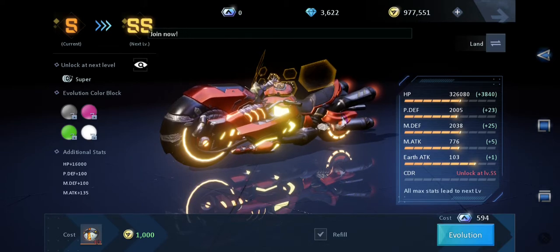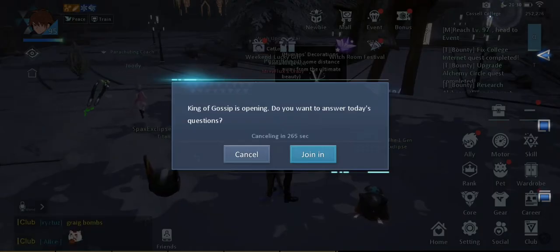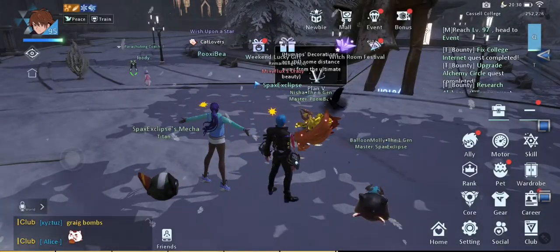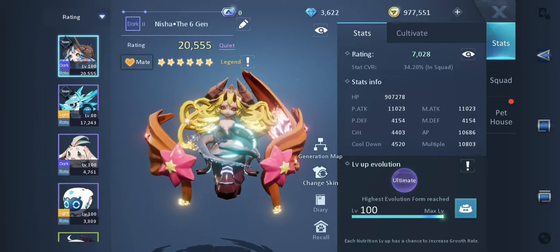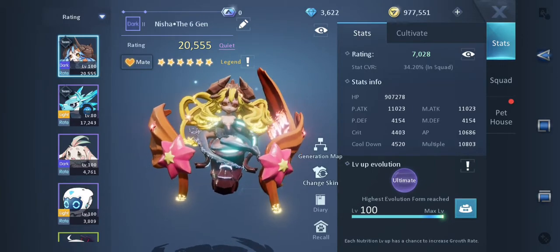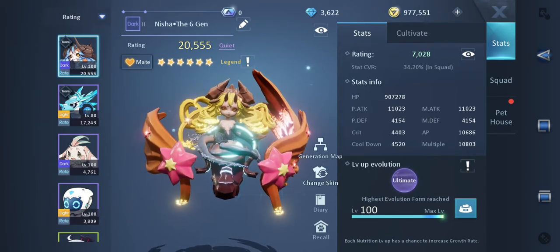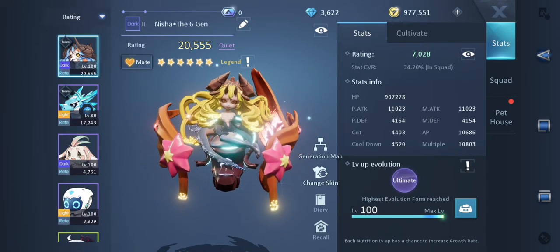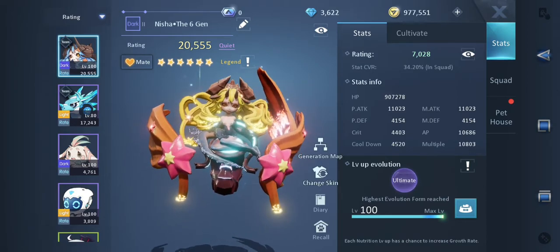and then when you hit SS you get CDR. So when you get CDR from your mortars, you can get from all the mortars you have here, then you can skip it and don't need to put any more CDR. What you're gonna do is you're gonna go to your pets. Like here you see my rating on this pet is 20k. So honestly I got, like, from just that pet, 90k on HP. It get P attack 11k, M attack 11k,